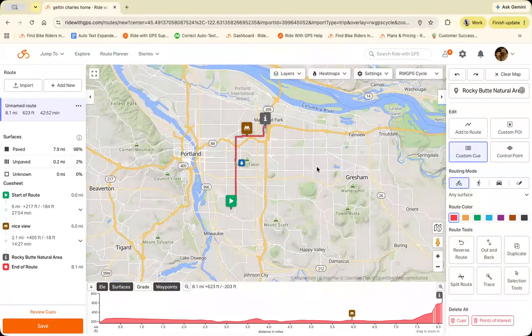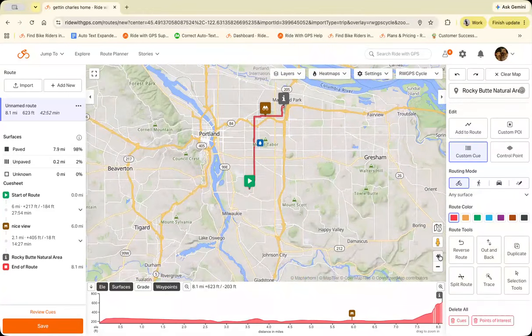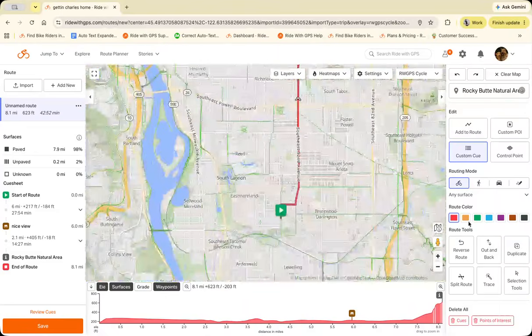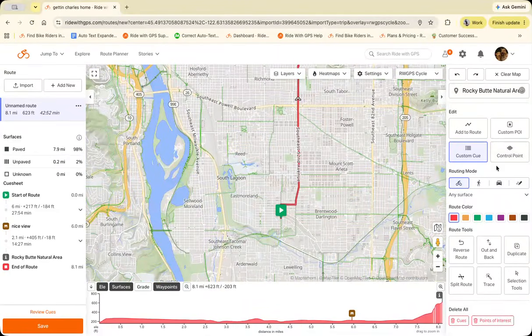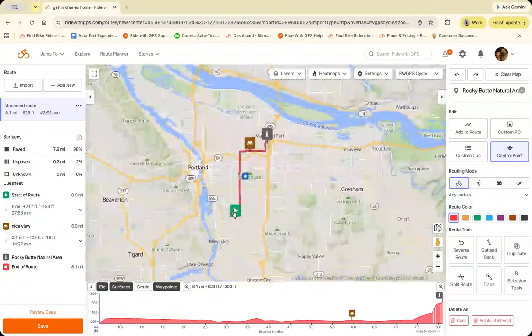In order to prevent the rest of my route from changing when I click and drag that start point over, I need to use a control point, right? You'll remember control points from earlier. They help constrain the structure of your route. Click control point here. I'm going to add my control point just after my start to lock in everything after that first control point. Now, when I click my start,